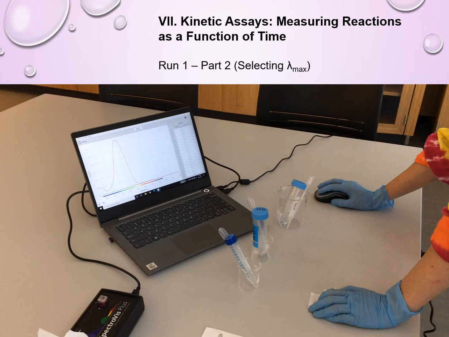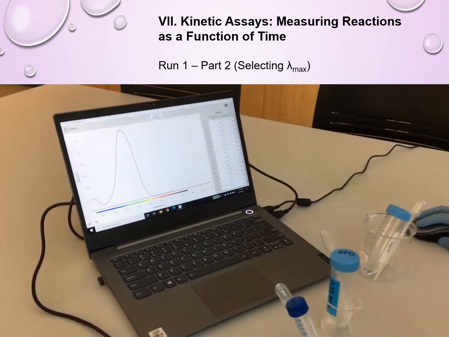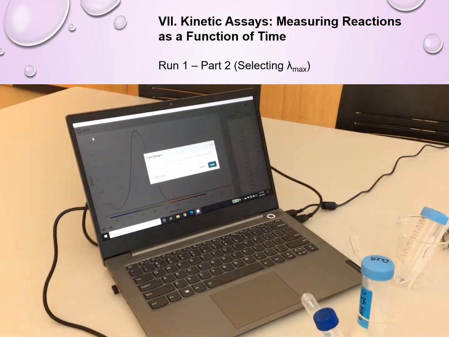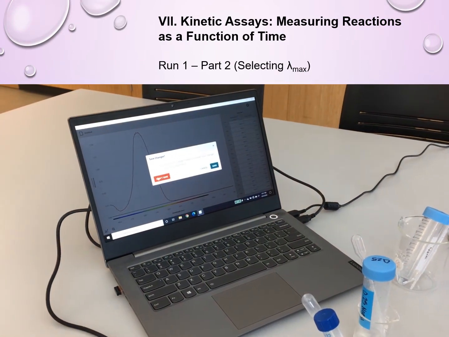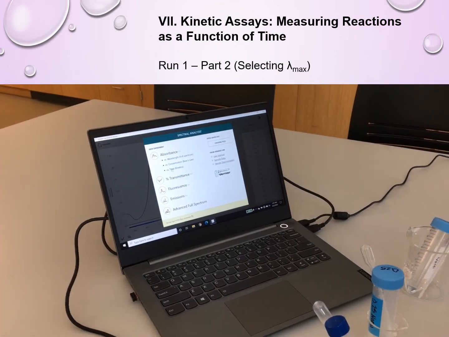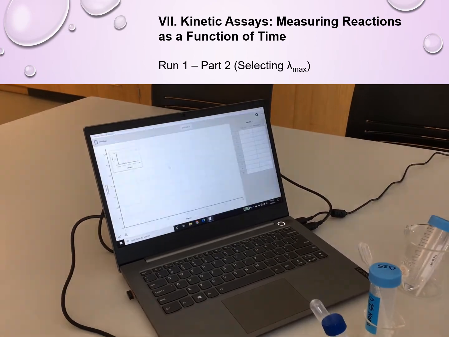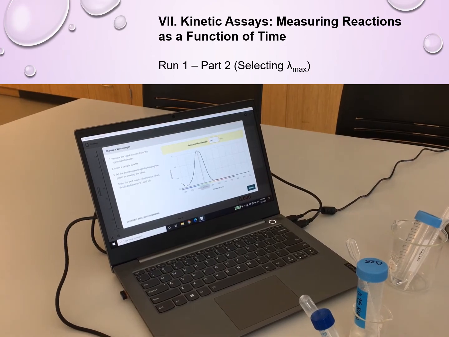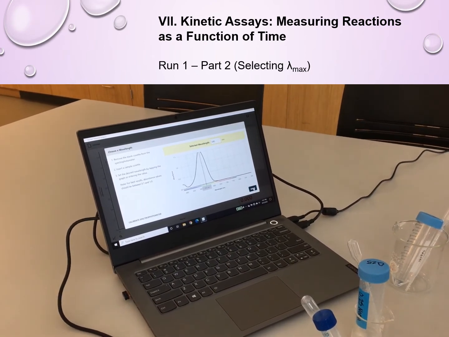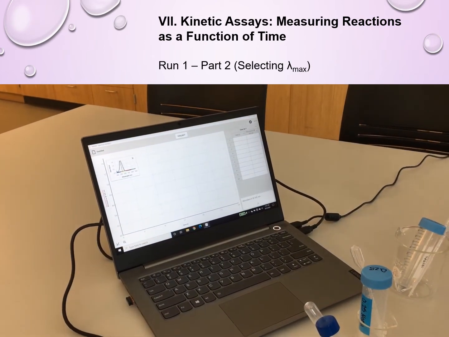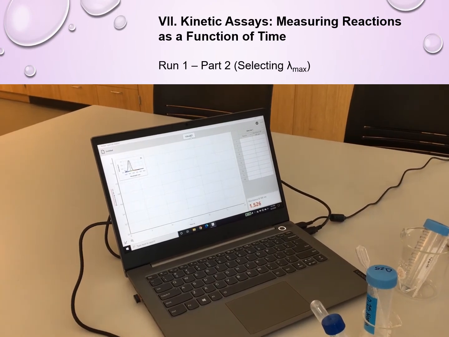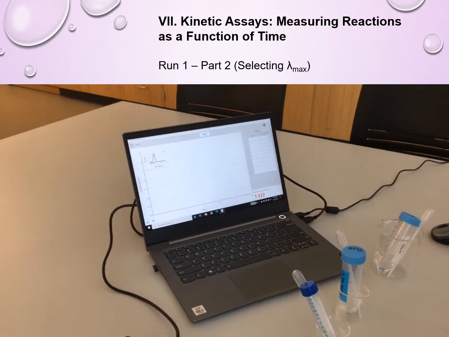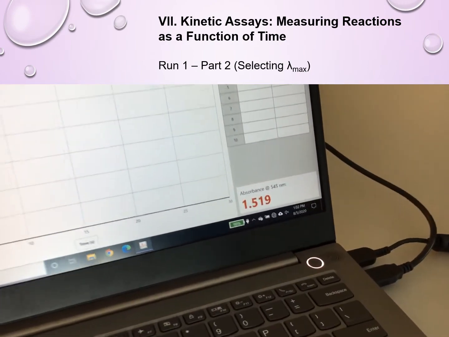So I'm going to now play the video. You will see that Emily will go through the steps that are outlined in your manual in order to select the lambda max. Okay, so this is the step where you point to the peak, which shows at which wavelength the absorbance is highest, and then she selected that wavelength, and now everything will be read at this